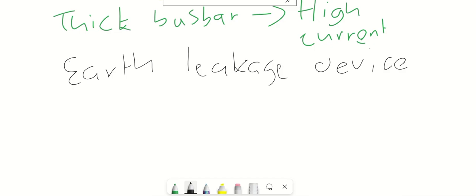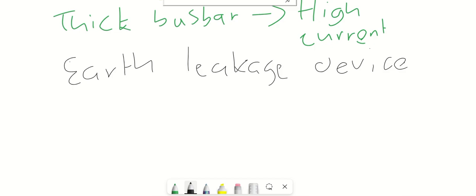So earthing, what is earthing? Because I'm talking about earthing. Earthing occurs when there's a connection of an exposed metal part of an electrical equipment to the ground for safety. You must earth for safety to prevent electrical shock, to provide a safe path for fault current.